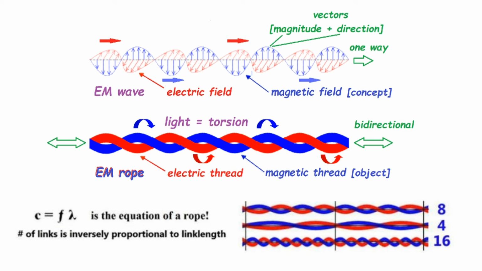And with a rope, you can explain it very easily. If you increase the number of links for the same amount of rope, you can do this at home, you will see that the links will become shorter, and vice versa. When the links are longer, well, you have fewer links. Very simple. That's the equation of a rope. What you see in there, c equals frequency times wavelength. So you can see why they got confused, and they thought of a rope as a transverse wave,